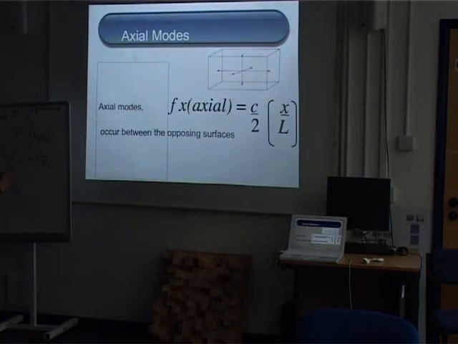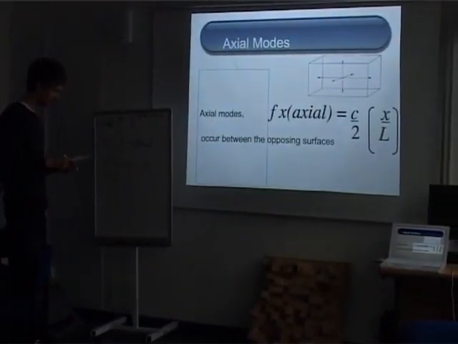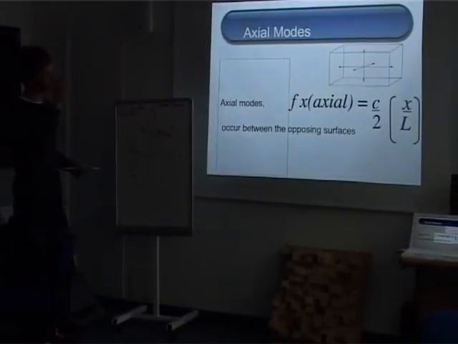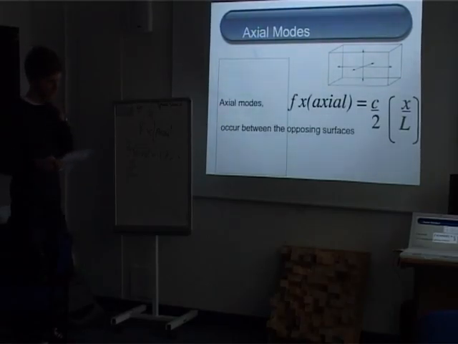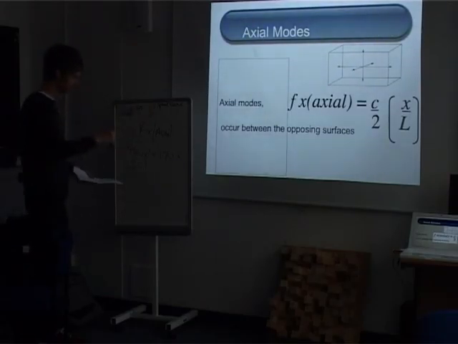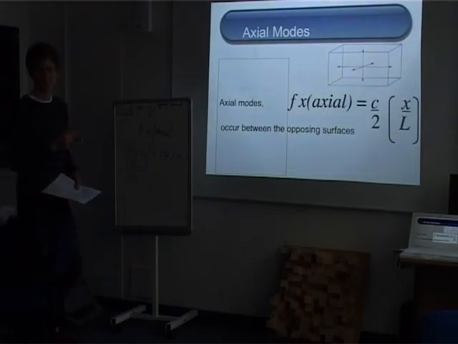And x and L in the bracket there. That means x is the number of half wavelengths that fits between the surfaces. So you would mostly have that as either a 1 or a 2. And L underneath just means the distance between the reflecting surfaces. So what you would do is work out c divided by 2, which is 172, and then you would have 1 over whatever your length is, and then multiply that all together,